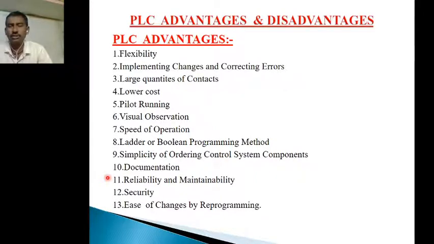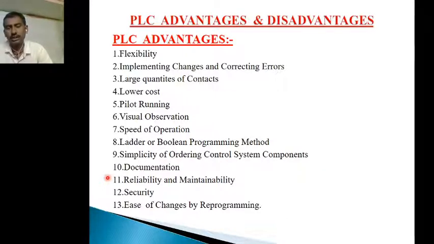However, we have five disadvantages also: newer technology, fixed program applications, environmental considerations, fail safe operation and fixed circuit operations.